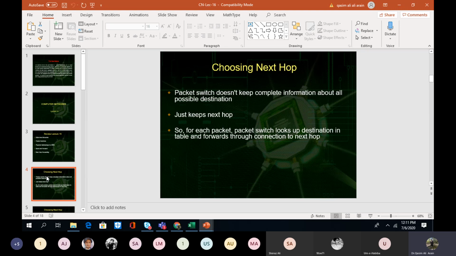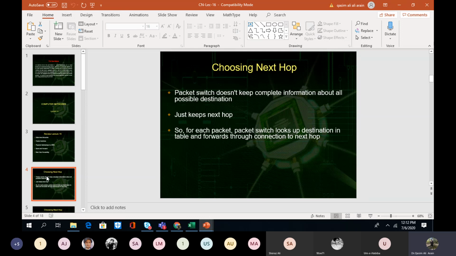Let's suppose I have given you an example. Let's suppose I have to go from Karachi to Peshawar. So what would be my next hop from Karachi? To reach a destination like Peshawar, I have to cross multiple locations. I cannot go directly to Peshawar. It might be that I go directly from Karachi to Lahore first, from Lahore to Islamabad, from Islamabad to